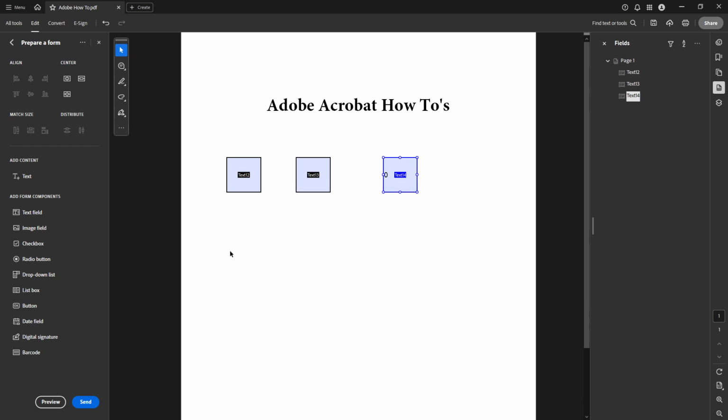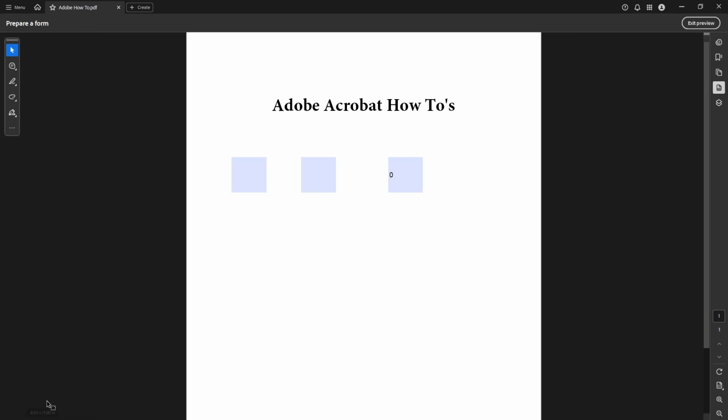You're almost done. The final step is to test the form to ensure everything works as expected. Click on Preview at the bottom of the screen. In this preview mode, enter numbers into the first two fields and check if the subtraction result appears in your result field correctly. And there you have it, you've successfully set up a subtraction operation within your PDF form using